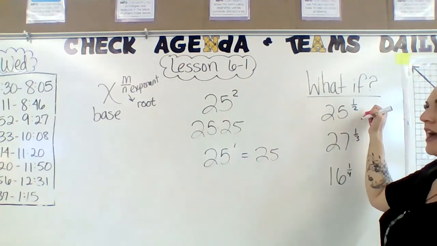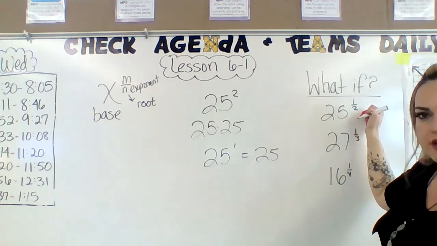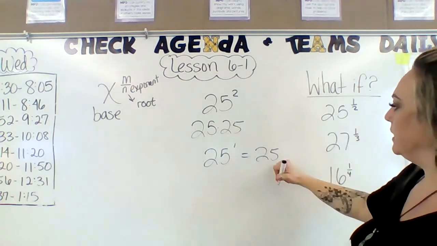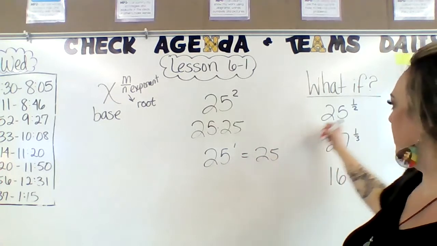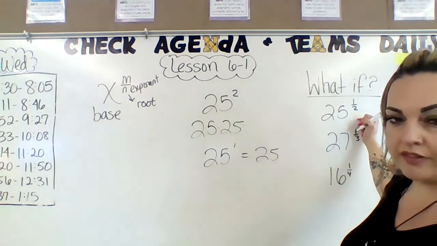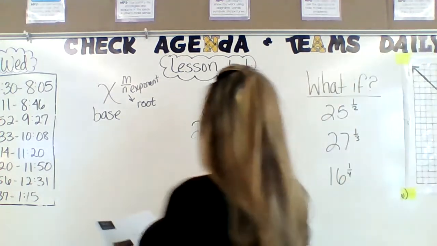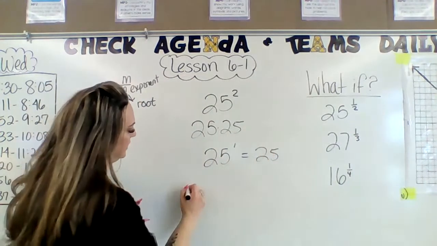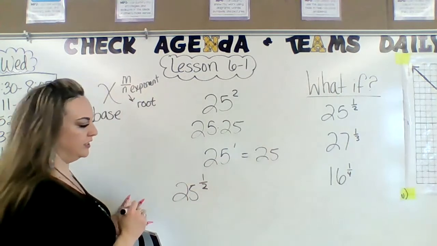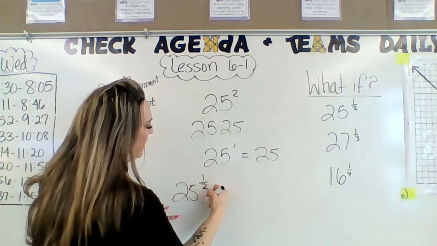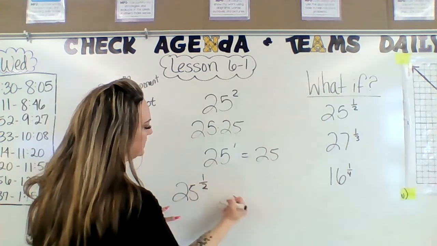So if we have half of an exponent, half of 1 for an exponent, it would make sense that our value of this is going to be smaller than 25. So what we do here, 25 to the power of 1/2, is we look at how this actually